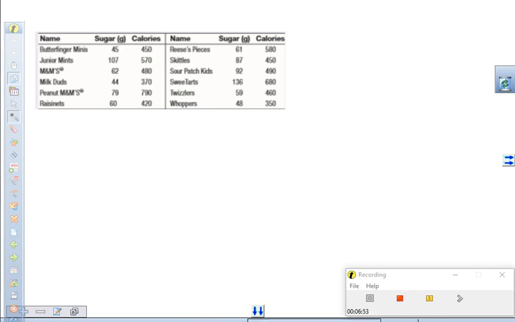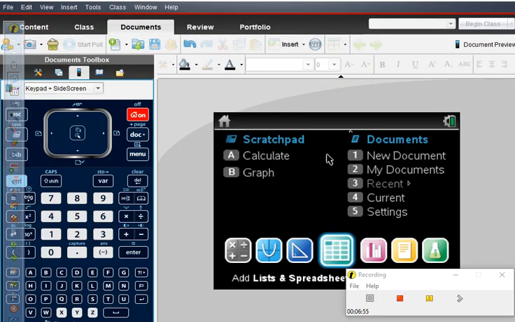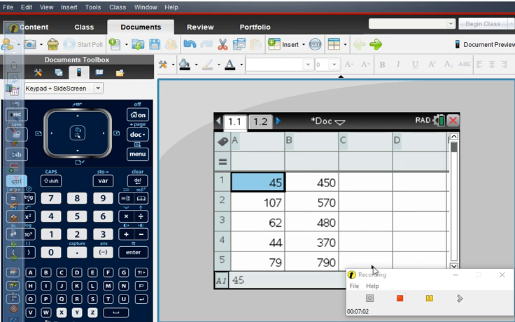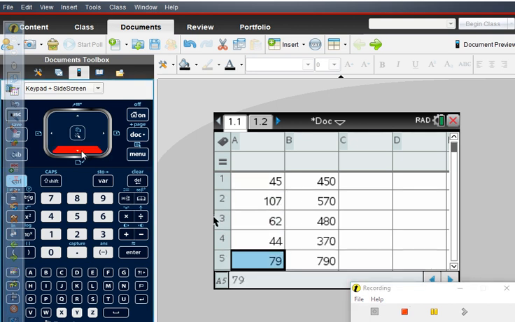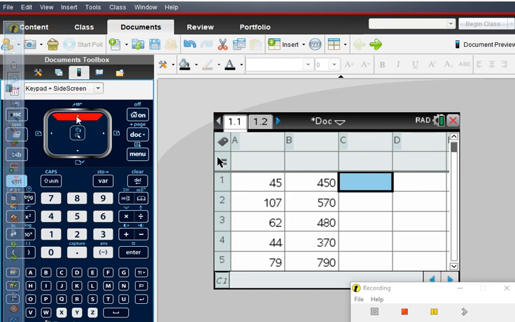But what I've done is I have gone into the calculator, and you'd go from the home screen. You can click to add a spreadsheet. I've already put in the data, so you don't have to watch me do so. But you can see that as it goes down here, we can have all of our data points, and you can add X's and Y's to the top if you would like, but for our purposes we don't need them. So once you get all your X and Y data, we'd go to Menu,